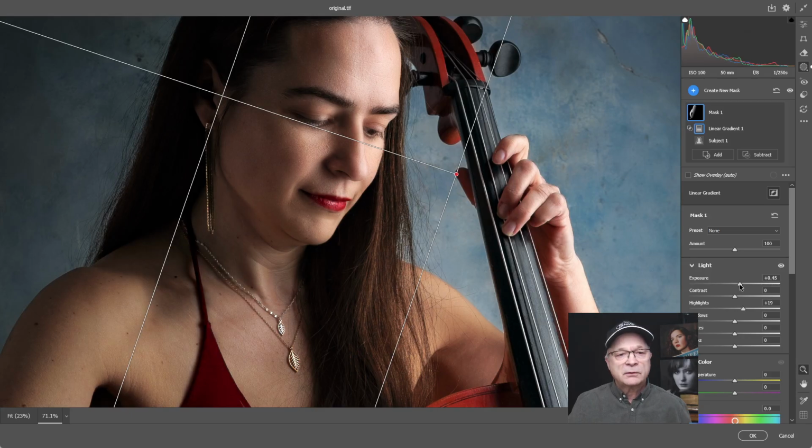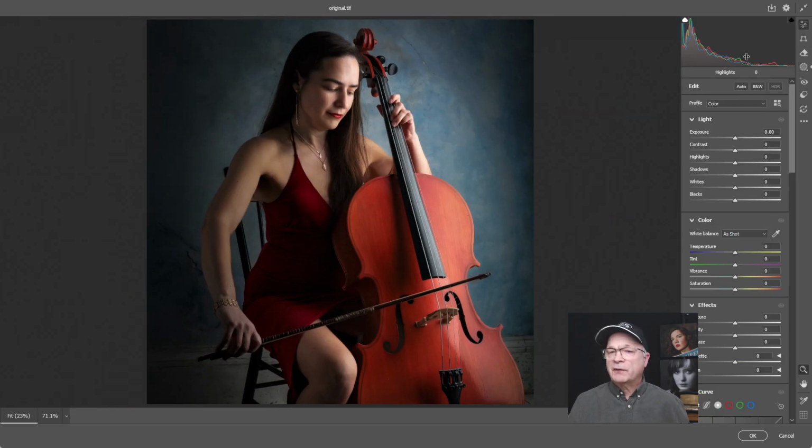And if I even wanted to add just a touch more exposure, just a touch. There we go. Perfect. All right, so I'm done with that adjustment. That looks fantastic. So far so good. I think we're doing well here. Okay, so those were the adjustments that it had suggested so far that we make.